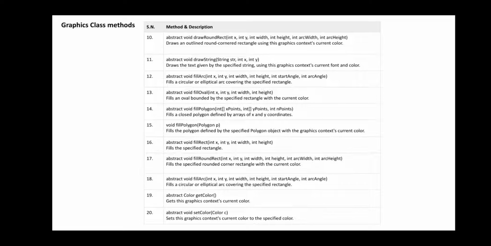Drawing means you set a size: length, width, height, x-axis, y-axis. Filling a rectangle means filling some color within it. If you change the x-axis, y-axis, or width and height, the rectangle can become a square, and a square can be converted to a rounded rectangle. It depends upon the number of coordinate points and parameters you pass within that particular method. These are the different types of methods you are going to have.